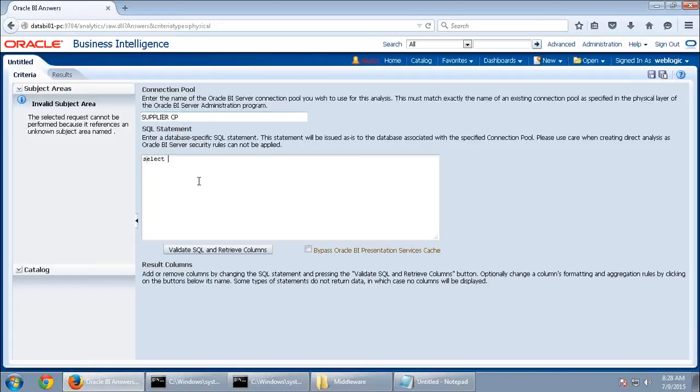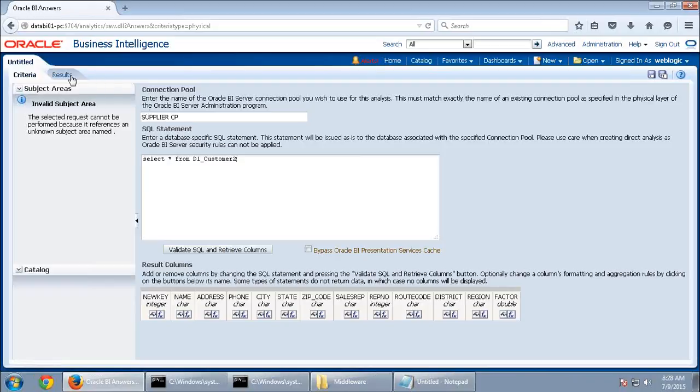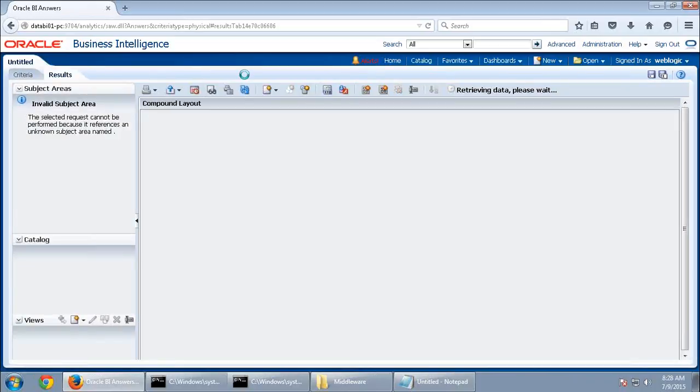Just give select star from D1 customer. Oh, this is still picking up the results. Okay, no issues. What is this?